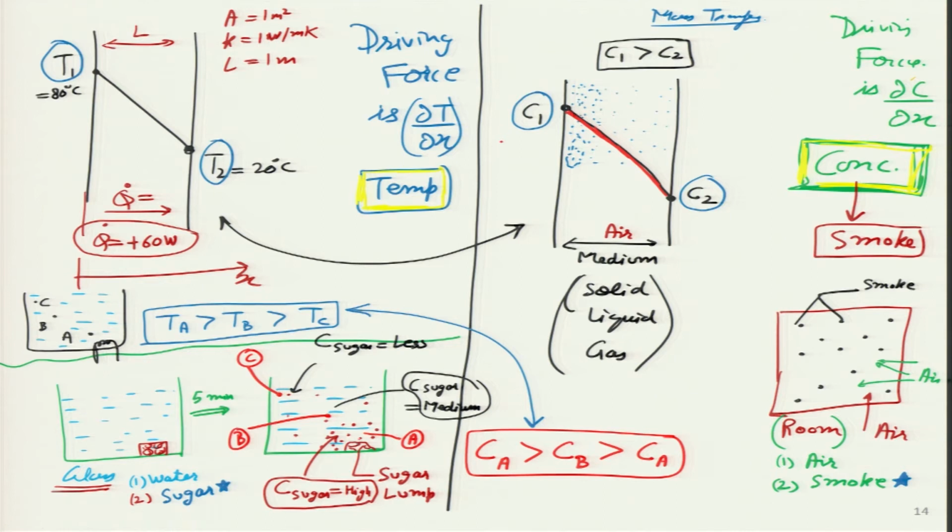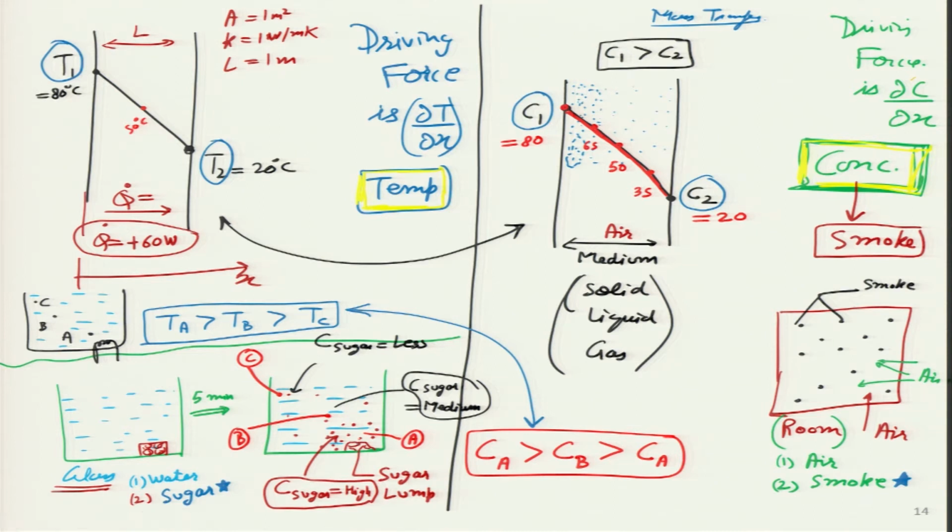So, let me give some numbers to C over here. I am not putting units because I have not defined concentration yet. So, here C is 80, at this point 20, and in the middle what will be the value? It will be 50. Here is 35, and here I think 65. So, there is a linear gradient in concentration, just like there was a linear gradient in temperature, right. It is 20 and 80 degree, in the middle it will be 50 degree.